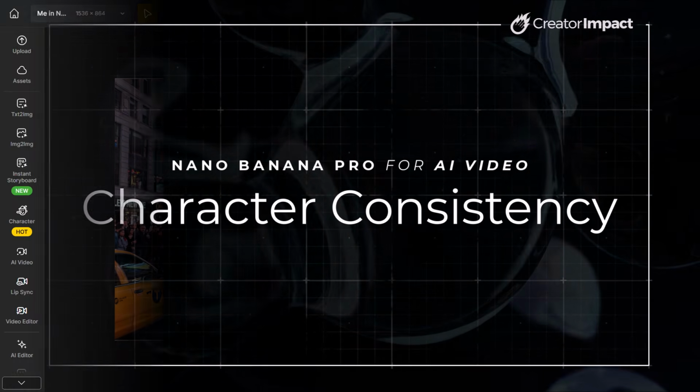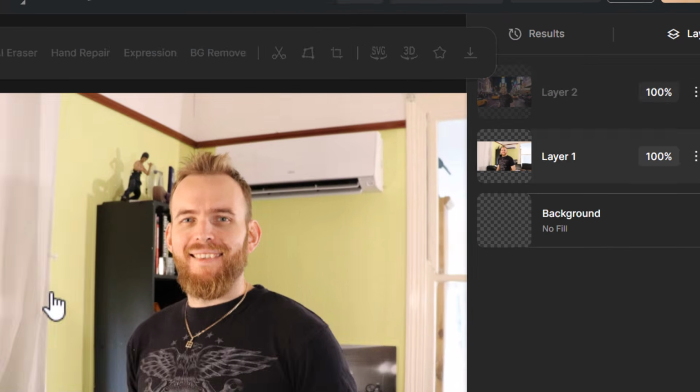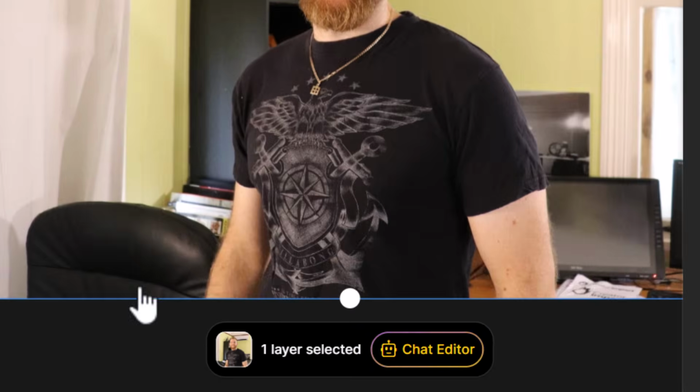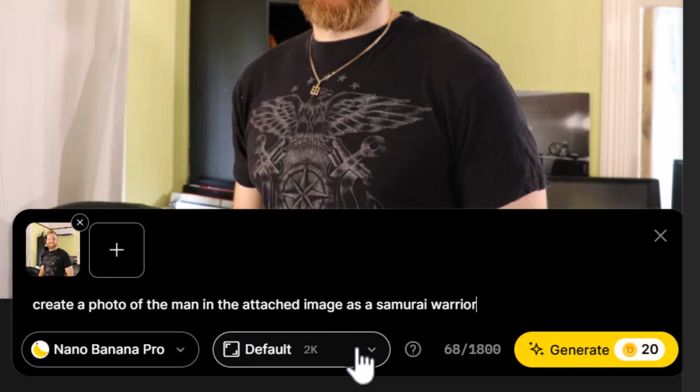So I come back to this project here and I'm going to go up to my layers and I'm going to remove the image we've generated, go back to the original. And now I go to the chat editor. And as long as I'm in here, what I can say is create a photo of the man in the attached image as a samurai warrior. I then come down, go 16:9, hit generate, and it creates this image, which looks like me, but also